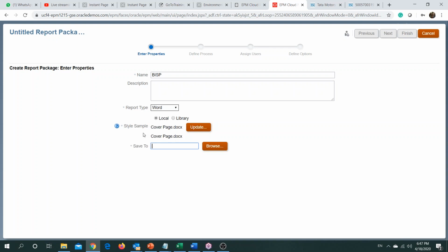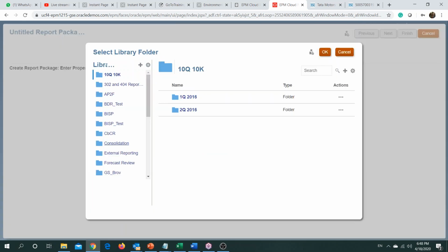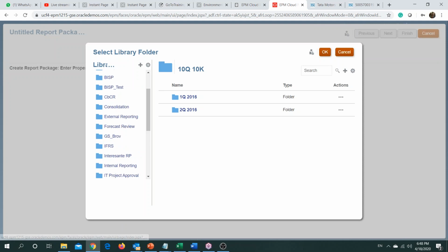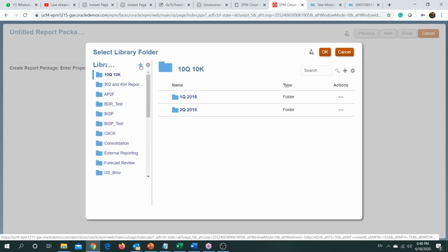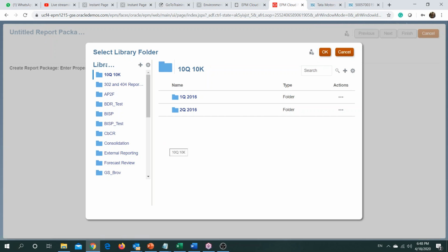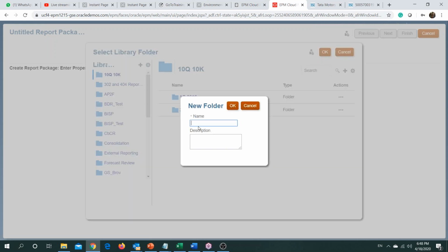So once you have your style sample uploaded, you need to save it to a place. So just click browse and it will open up your library. Now, where to save it? You could save it in any of the folders or you could just create one. So let's create a folder.